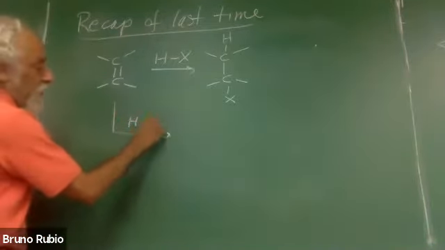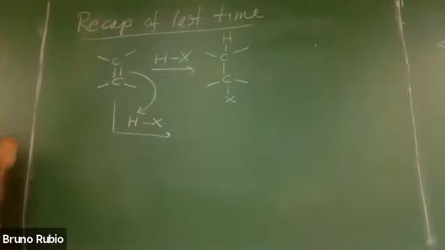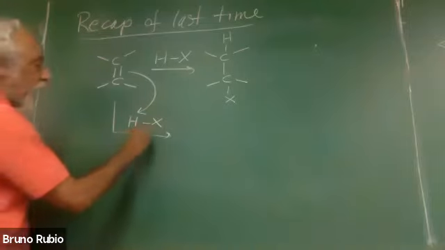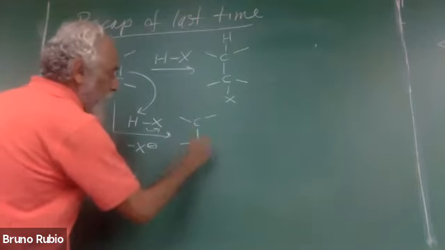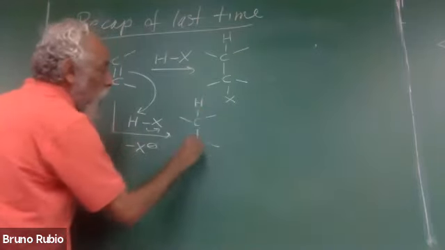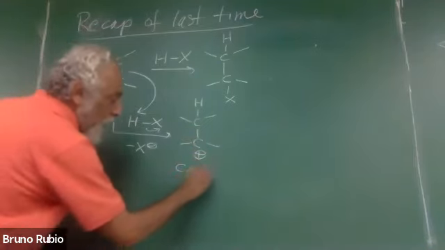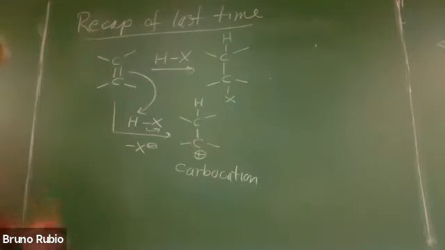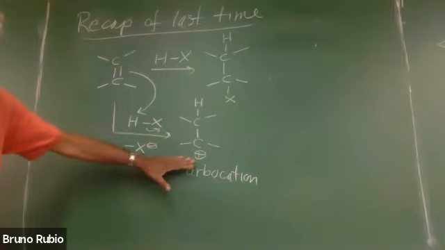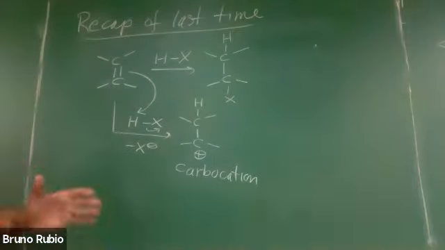So the first step is the double bond attacks the H end of HX, and we get a carbocation. And we talked about how a carbocation is a high energy species. It only has a sextet of valence electrons. And we talked about some of the structural features of the carbocation, that it is sp2 hybridized, it's planar,